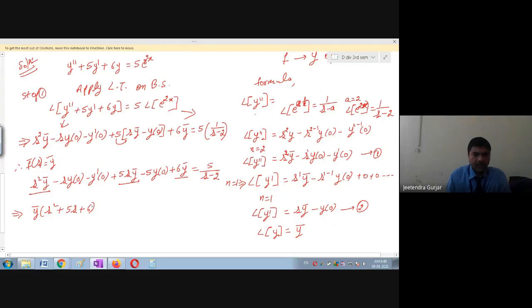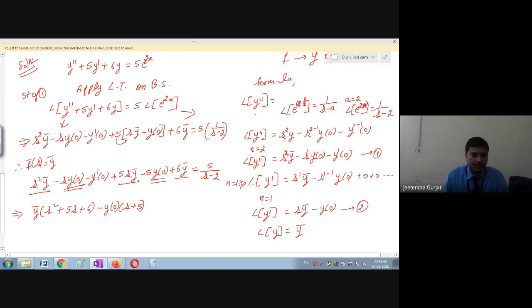Is it clear? Okay. Now, after simplifying this, now I will take this as y. So you can see this is minus. I will take here y of 0. If I take out minus y of 0 outside, I'll just mark this as double line. So minus y of 0, if I take out, what is remaining? Yes, plus 5. See, if you have any doubt, please ask me, students.